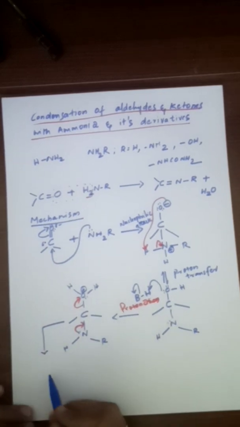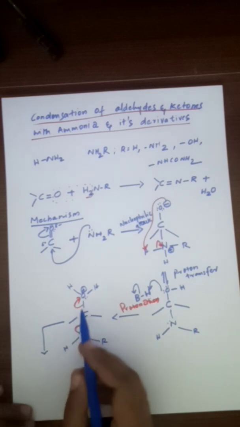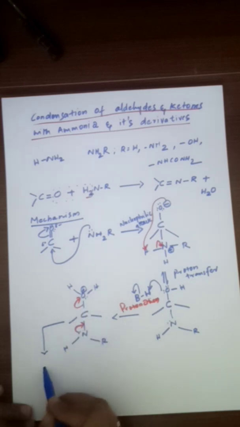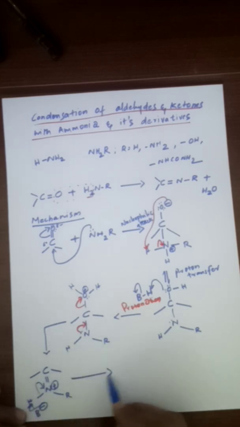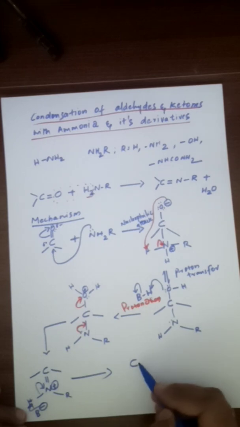So how will your product look? Now this side is not there, so we have carbon, two valencies, now a double bond, and N, H and R. What is the charge on nitrogen now? Nitrogen is positive. In order to neutralize the nitrogen, H plus should go. We have B minus in the medium, so B minus will take up H. This bond will shift. And what will be your product? C